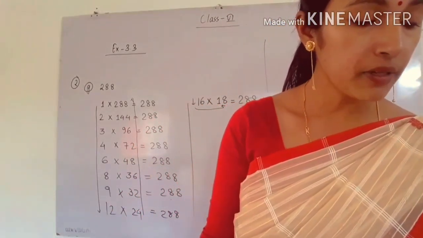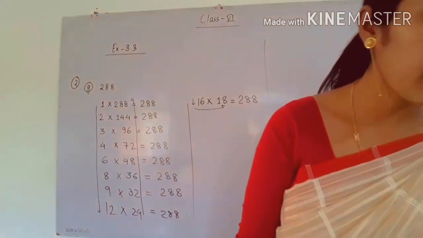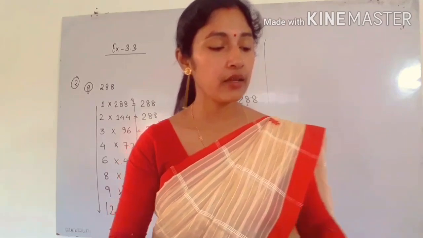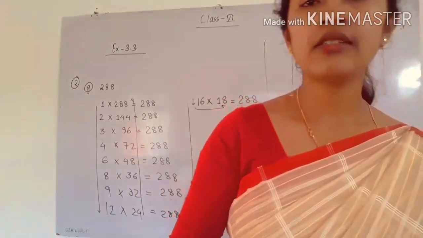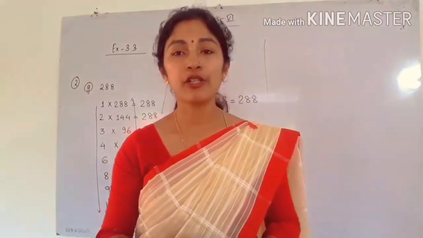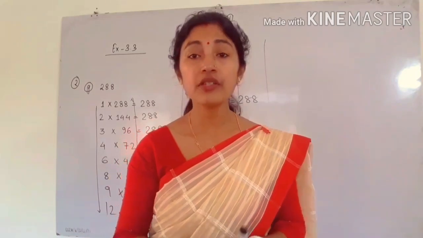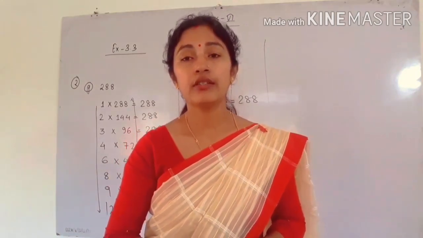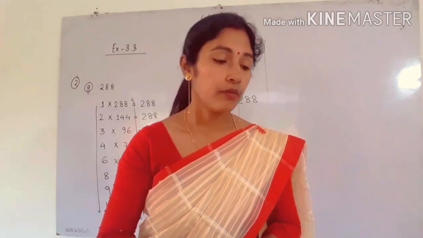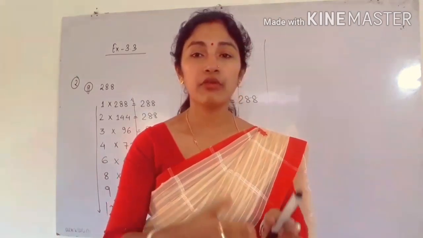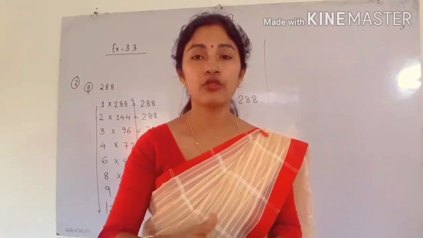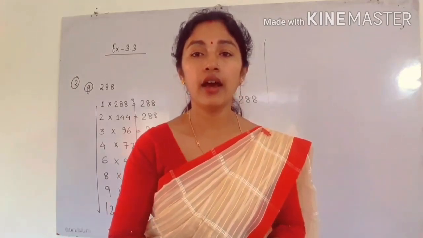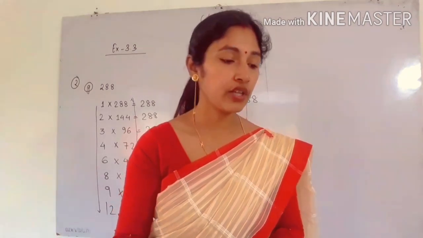Write down the multiples of the following numbers between 55 and 105. So between 55 and 105, you have to write the multiples of number A, which is 10. So what are the multiples of 10? First is 10, then 20, 30, 40, 50, 60, like that. But you have to write the numbers between 55 and 105. So that should be 60, then 70, 80, 90, 100. So these are the multiples of 10.